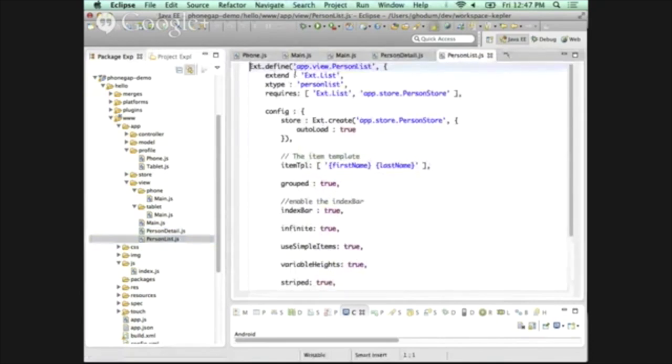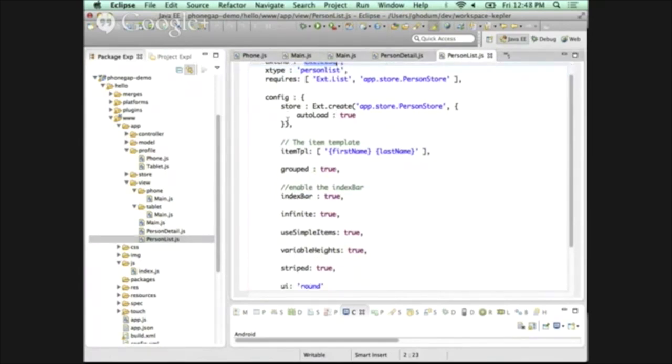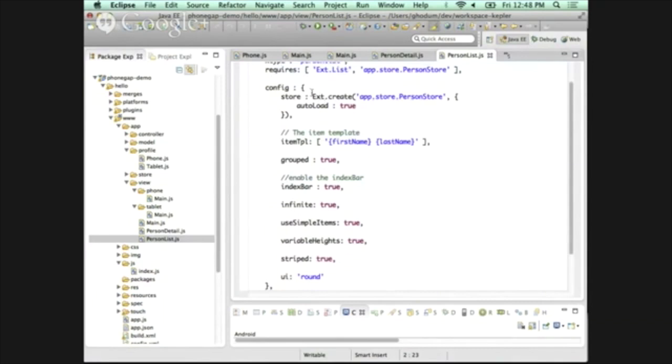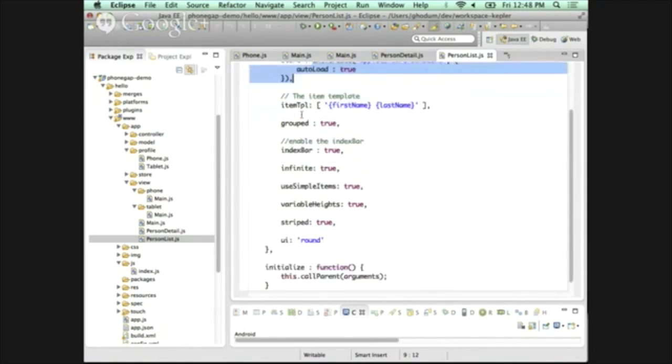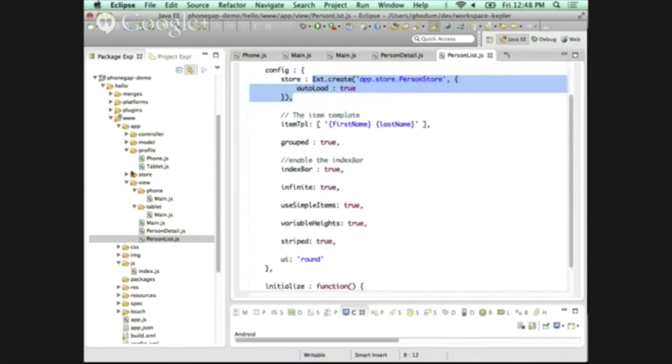This person list extends a class that's part of Ext called Ext.list, kind of self-explanatory. I want to list something. And in its configuration, the important part is that I'm going to configure the store. The store is the client-side collection of the rows or the items that you want to display for this list. So this is starting to get similar to other MVC frameworks. If I open up the store,